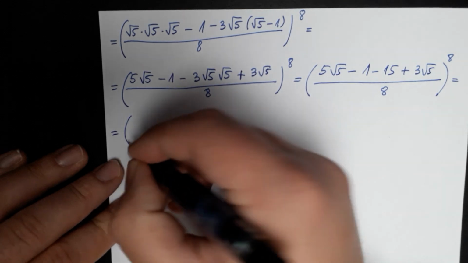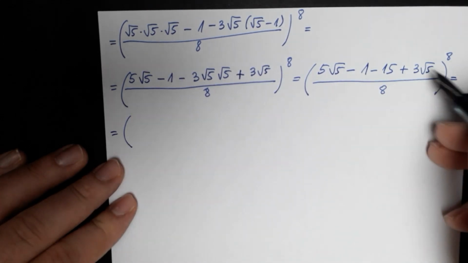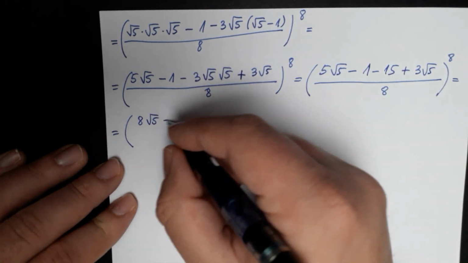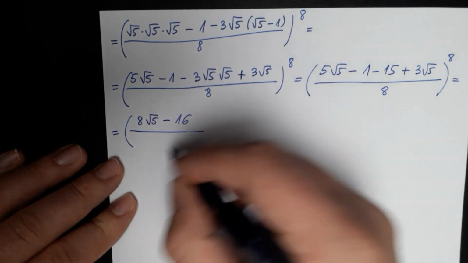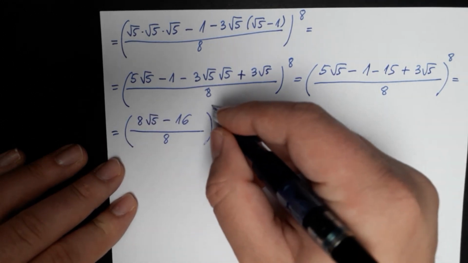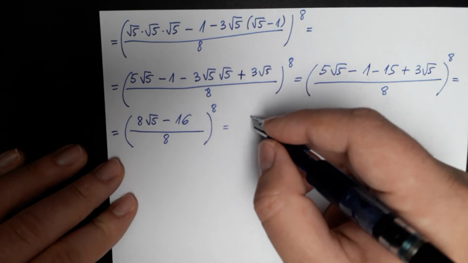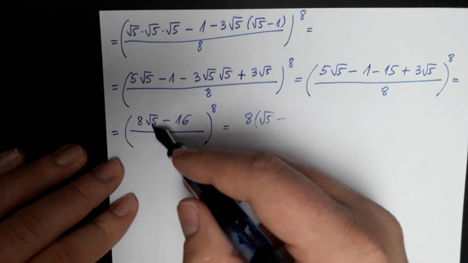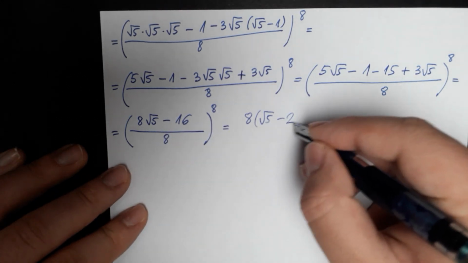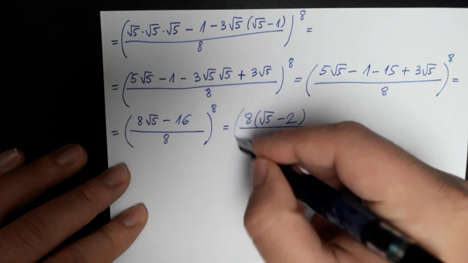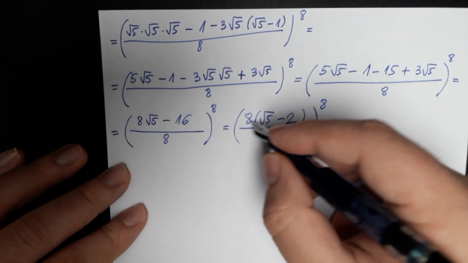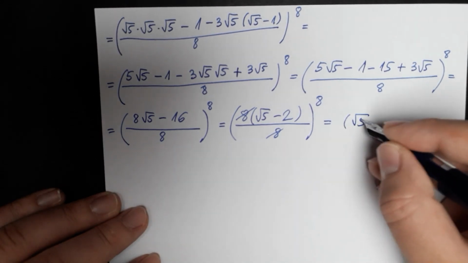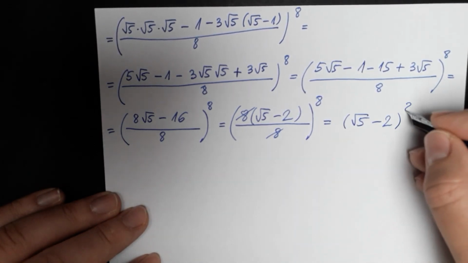So this is equal to 5 square root of 5 plus 3 square root of 5, that is 8 square roots of 5, minus 1 minus 15 minus 16 over 8 raised to the 8th power. I have 8 in common, so square root of 5 is what I'm left with, and this is negative 2, and I have over 8 raised to the 8th power. 8 and 8 are going to cancel out, and I have a square root of 5 minus 2 raised to